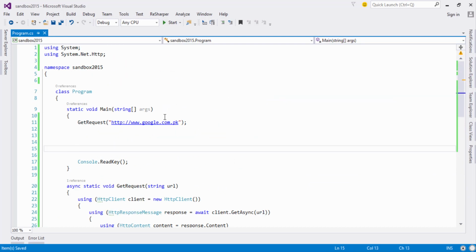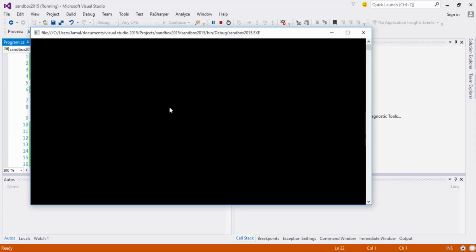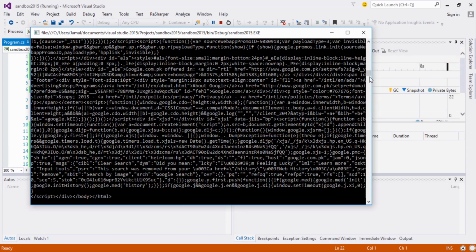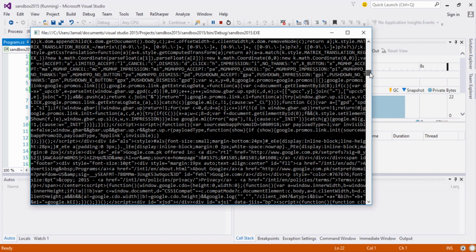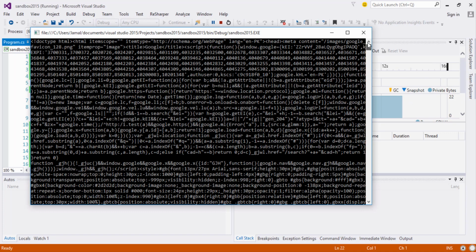So what will happen once this method is run, the complete page of Google will be displayed in form of HTML in console. As you can see here, the end tag is /HTML and starting tag is HTML. So you have got